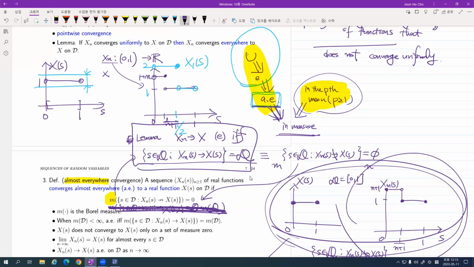So that's all for the modes of convergence of a sequence of real functions. We haven't yet arrived at our final station, where we have to study four important modes of convergence of a sequence of real random variables. We haven't yet. We will see that in the next week. Okay, that's all for today.